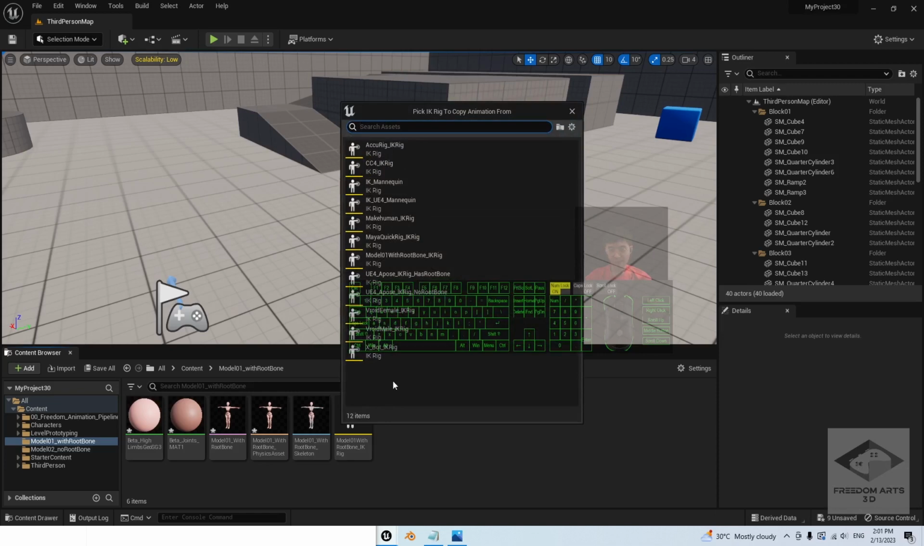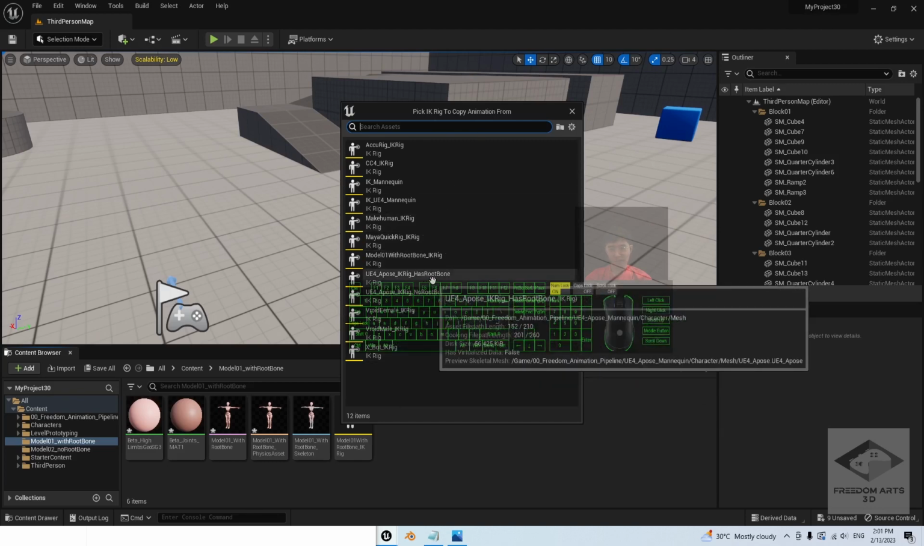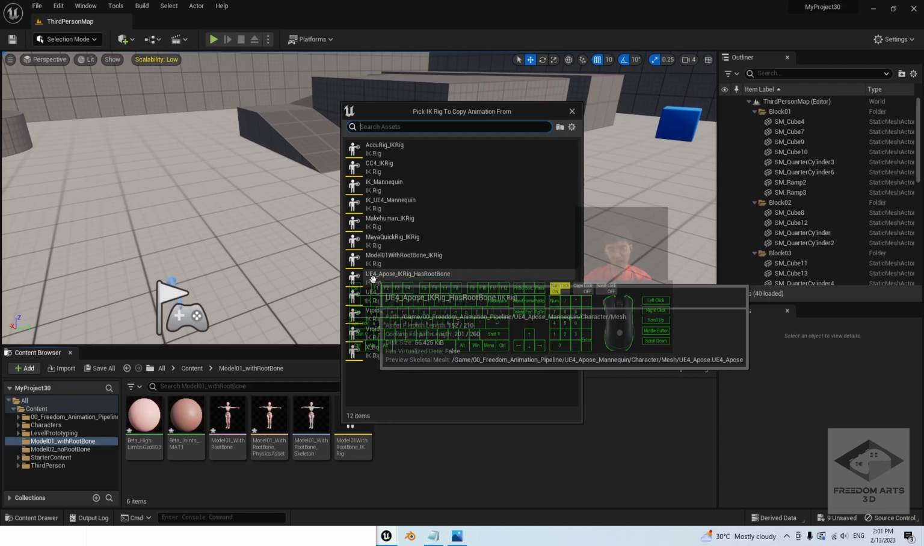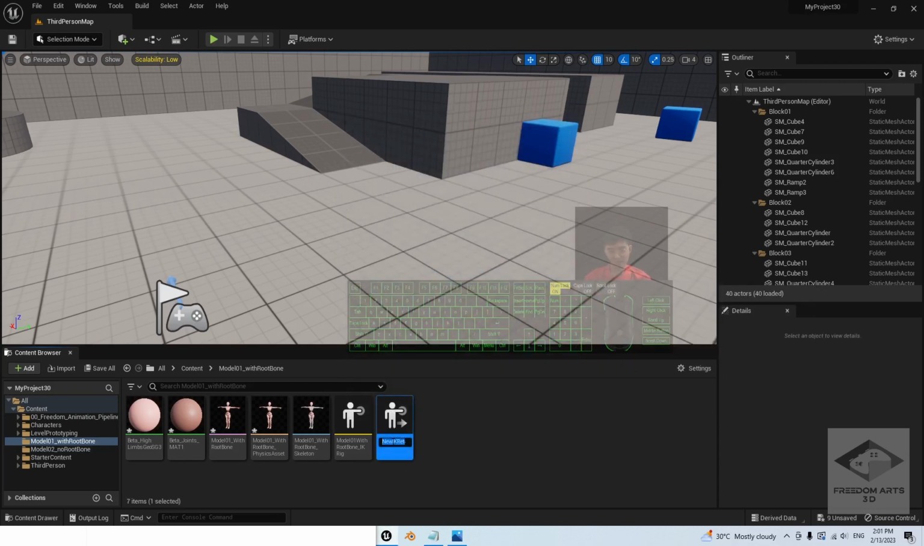Then here you have to choose to copy the animation from. You have to choose the one with the root bone. Because this avatar has a root bone, you have to choose the UE4 A pose IK rig with root bone. Like this. Then name it properly. Delete the new. Then name this as model 01, sorry, not this. The UE4 A pose underscore to